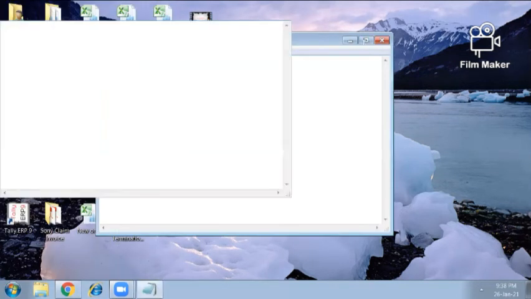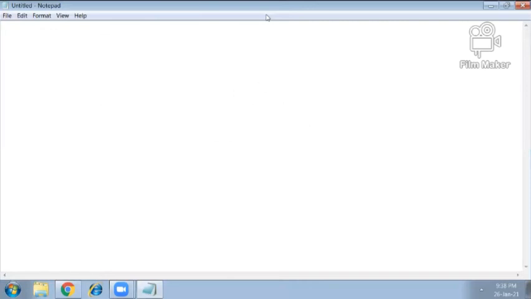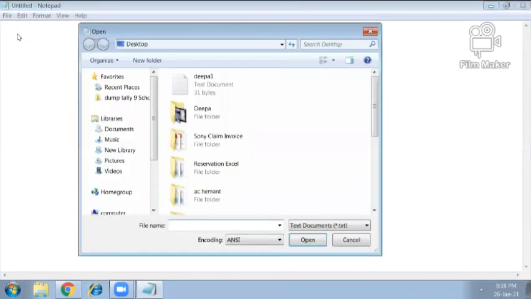Yes, now the Notepad window is here. As I told you, the Open option is available in the File menu. Click on File, choose Open, because now we want to open our saved file. Then choose your file. You can see that our file is here, Deepa1, which I saved earlier. Click on it.